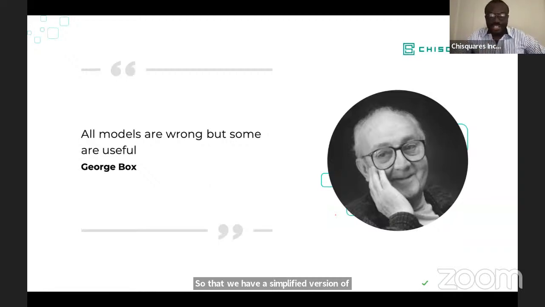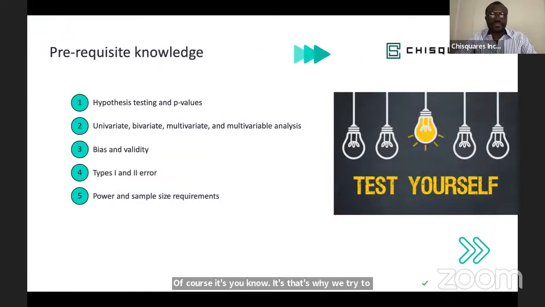Now, you must also understand that all models are wrong, but some are useful. So don't be so confident in your regression model, right? It is wrong. Or like, George Box famously said, it might have some use, but all models are wrong. So you have to understand that going in, that it serves some purpose, but of course, that's why we try to measure uncertainty with our regression analysis.